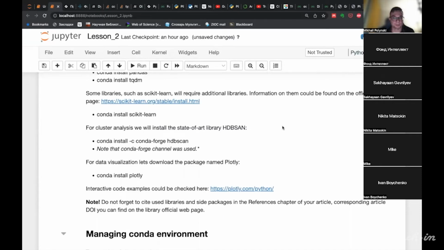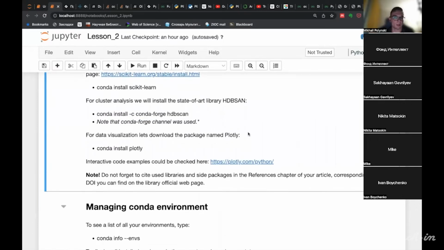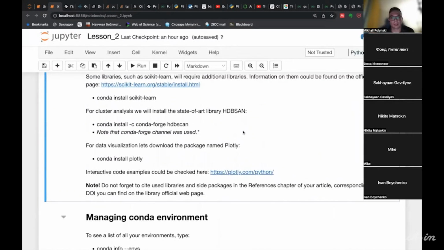And here, of course, you can install the scikit-learn library that we will use for machine learning, and also you can try to install the HDBScan library. That will be used later.